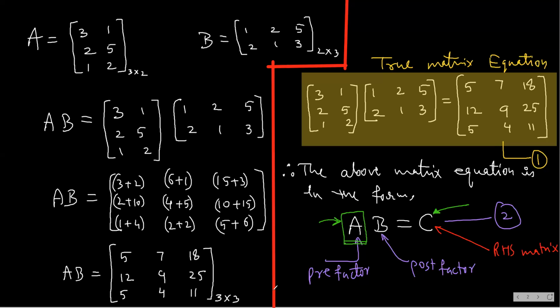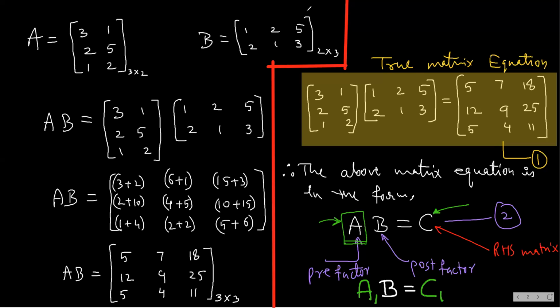Say you applied some row transformation, and because of that, what happened? That matrix A became A1. It got changed. So the changed matrix is A1. Was there any change in matrix B? Absolutely no change in B. B was still B. As I said, row transformation is not on the post factor. Was there any change in matrix C? Yes, because I said whichever row transformation you apply on A, you will apply the same row transformation on C. So you got matrix C changed to C1.